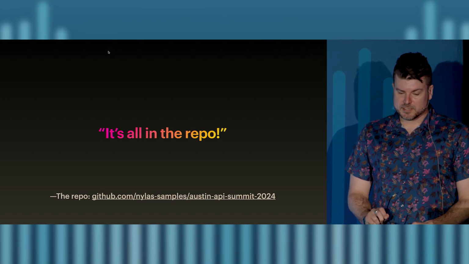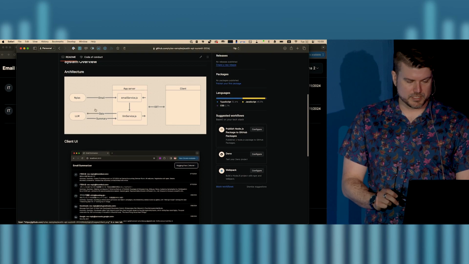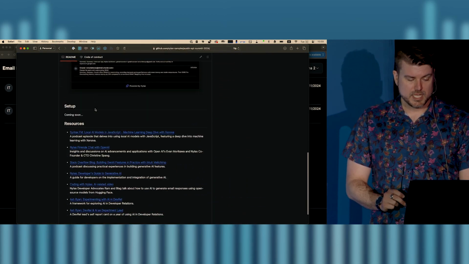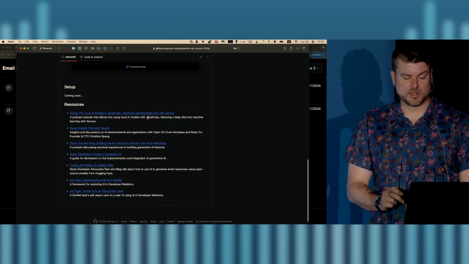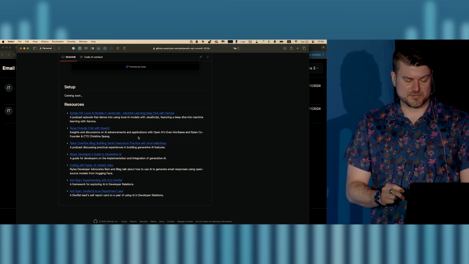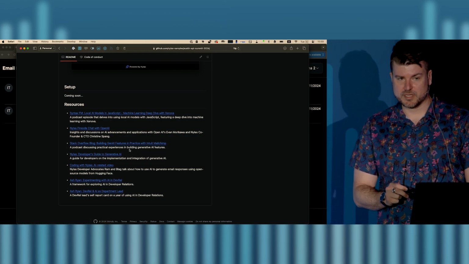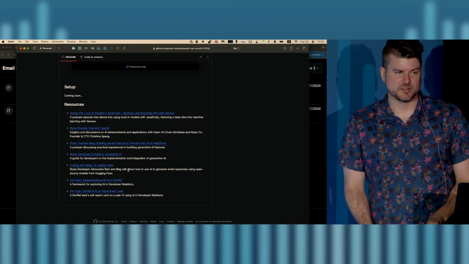Cool, so this is basically the end of the talk. It's all in the repo. I'll click out of this for just a second, but you can go check out the repo here. It has a README. I will get you setup instructions before the end of the day. But the reason I wanted to show you this is there's a bunch of resources here, including Syntax FM, talking with the developer of Transformers.js. This is a really good podcast. There's also stuff where our CTO talked to Evan Morikawa at OpenAI and did a webinar there. I have some of my blog posts, some of the developer advocate blog posts as well from us. So I think all those things are worth checking out.